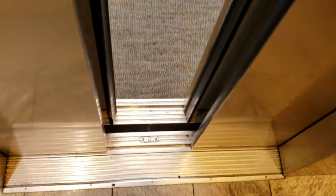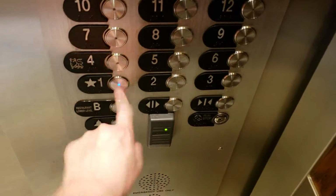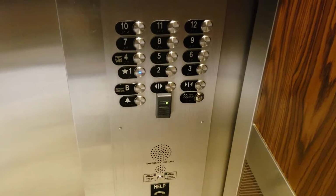This building was built in the 70s, I believe. There's your view of some of downtown Chattanooga. We're just gonna go down to 1. These are not anything too special, but